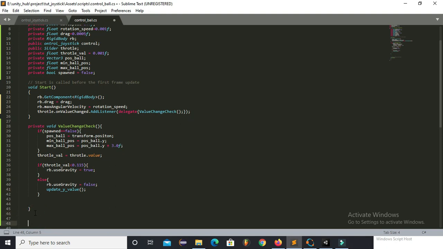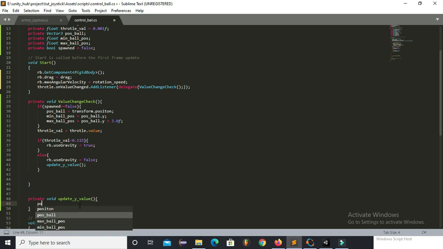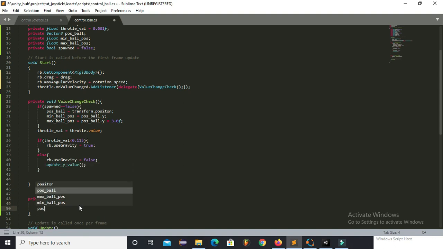So update y value, and now here in this function I will store the x and z coordinates before lifting the ball.